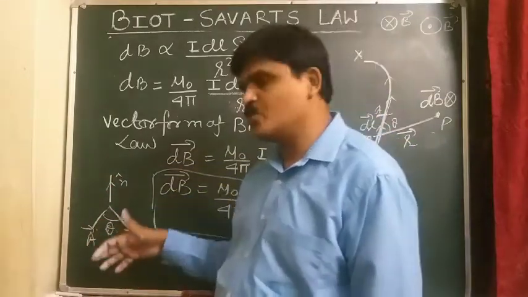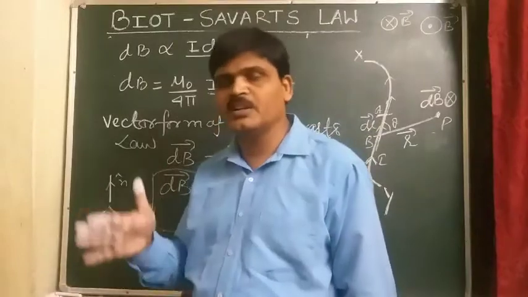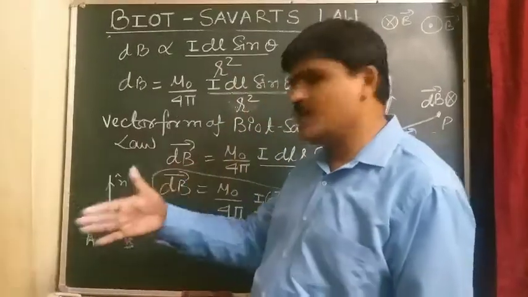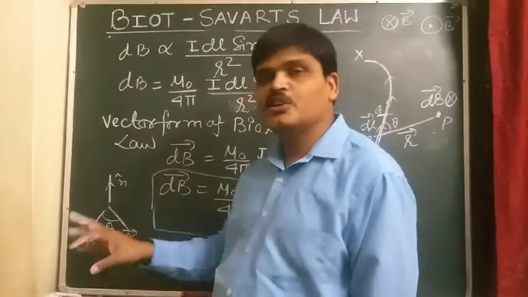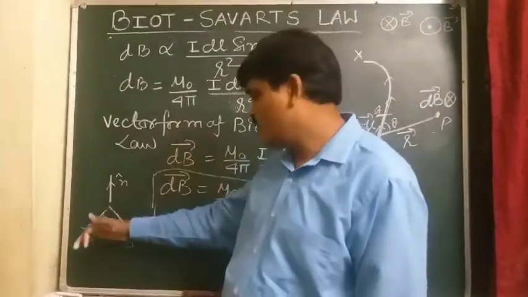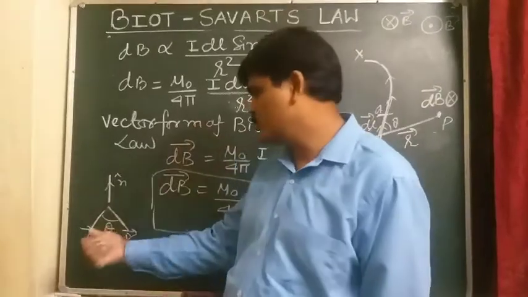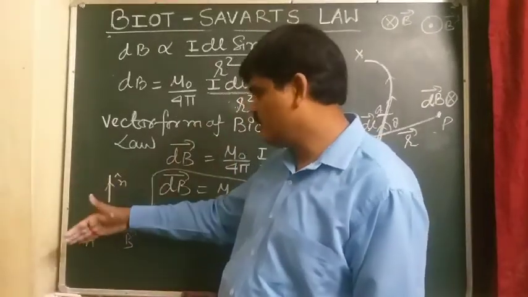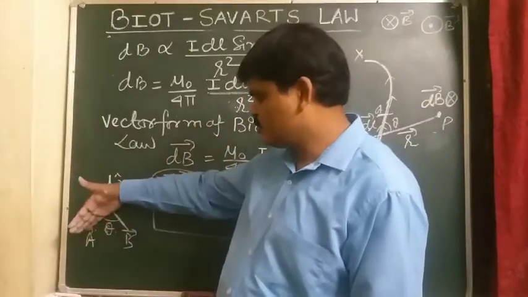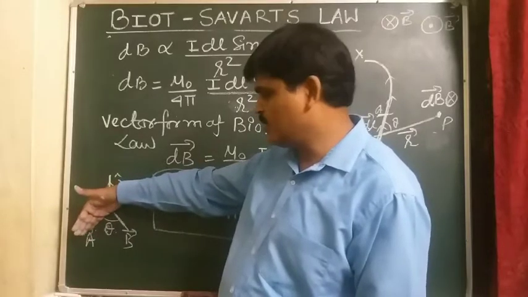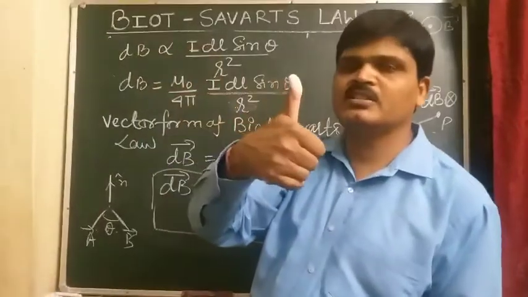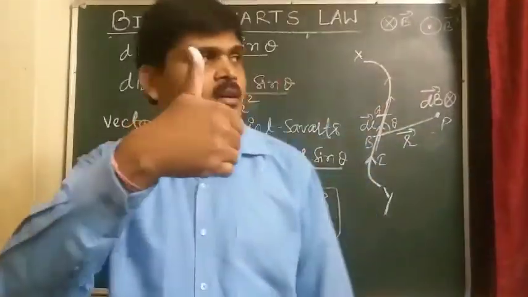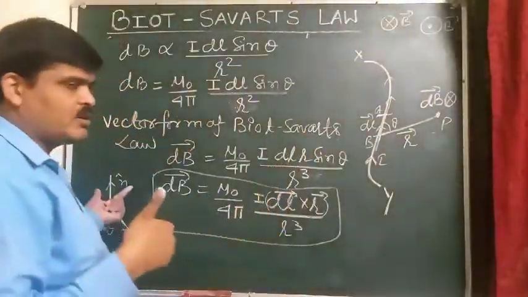So the direction of the cross product of two vectors is found with the right hand thumb rule or Maxwell screw rule. It is very easy to find the vector product of two vectors. Stretch your fingers along the first vector and rotate toward the second vector, then the thumb will point in the direction of the vector product of the two vectors.